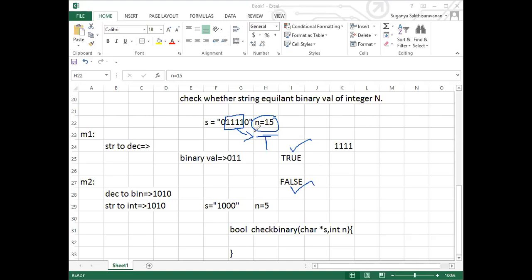Now what is the first step we are supposed to find for this question? You got the idea behind it. Step number 1, how to solve this question? Come on, answer me. Good. The first step is to convert decimal to binary. Then search for the substring. There's a logic behind it. Convert decimal to binary, then search for the substring in the given string.